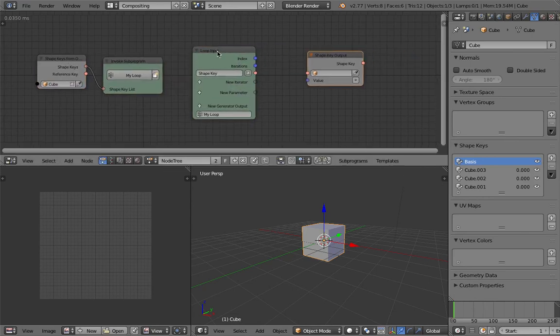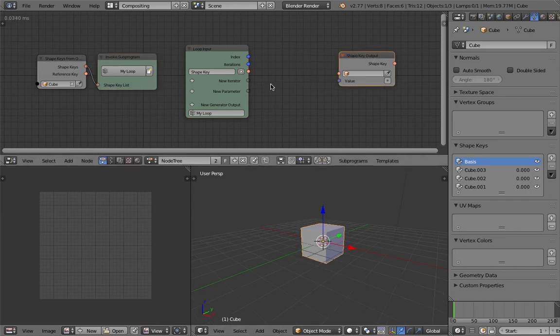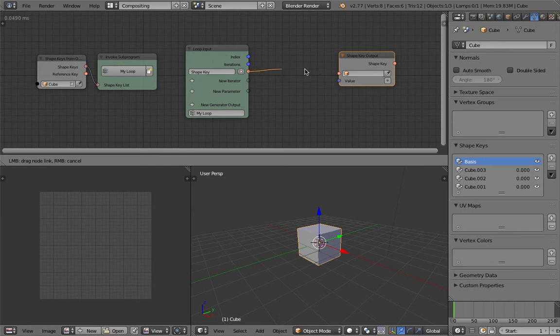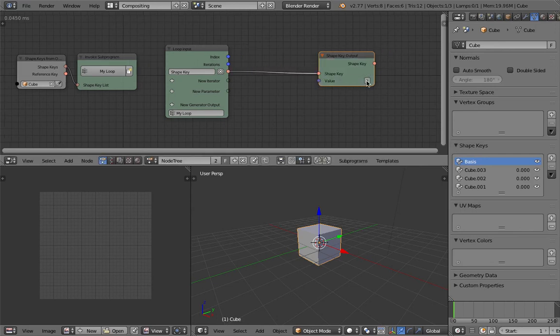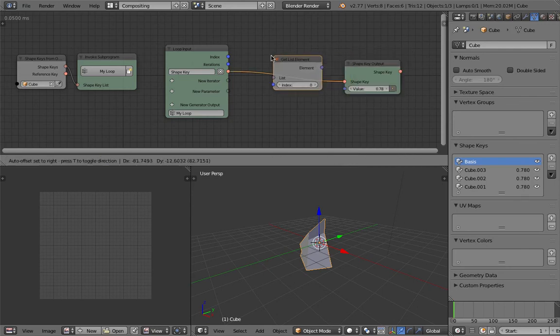Whenever I say loop, that means I'm going to do something to each of the shape keys. And in this case, for the shape keys' value, I just plug that in, and then we have control over the value. You see how it's animating all the values at the same time? Yes, that's important for you to know. You can also get element, like you saw earlier, get list element. So if you put this guy between the list and the element, oh wait,